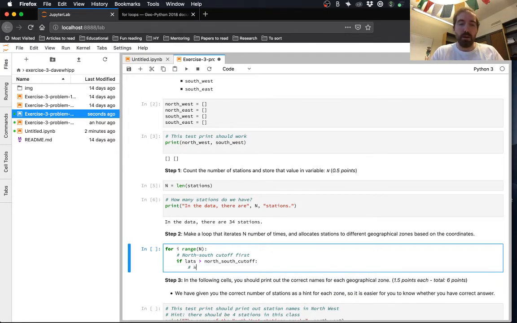And we could even add a comment here: we're north of the cutoff. So then, if we know that we're north of the cutoff, our next step is to decide, are we east or west of the cutoff. We could do this separately if we wanted to, or we can do it together. With this problem, there's several different ways you can solve it.